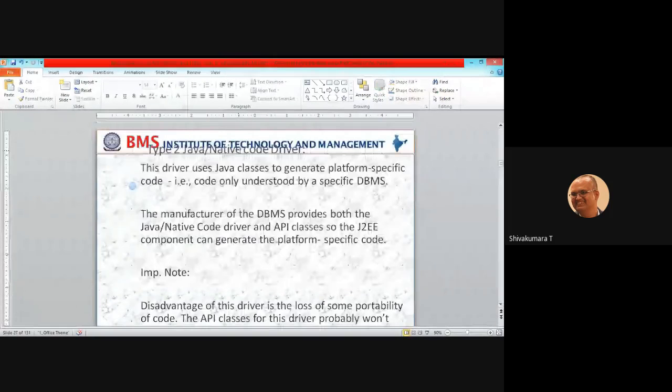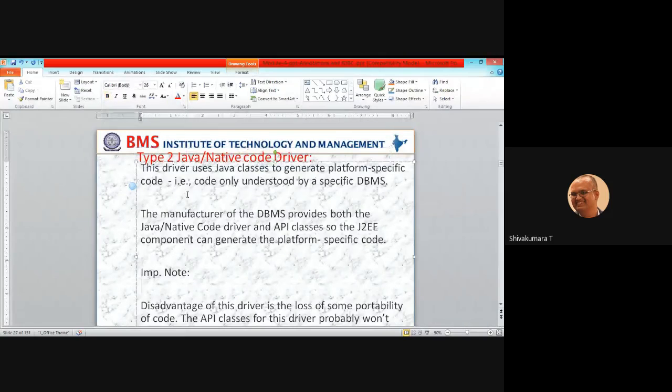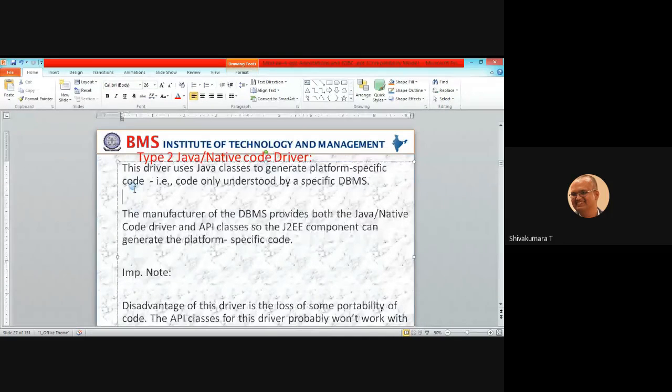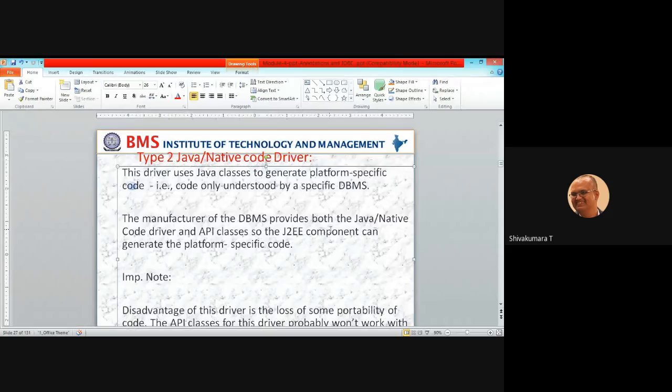Next, the second driver is the type 2 driver. Type 2 driver is called the Java or native code driver. This driver uses Java classes to generate platform specific code, that is, code only understood by a specific DBMS.